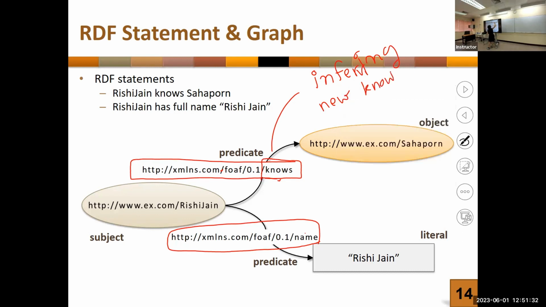What does it mean? For example, as I said, I don't know what Rishi Jain, what this thing or resource refers to. How can I be sure that it must refer to a person? Can Rishi Jain refer to something? Suppose, okay, suppose, but we know by the types of name or something, but suppose for the computer machine, how can the machine know that this must be a person resource? Not by the name for sure, but by this knows, or by this predicate name in which I already mentioned